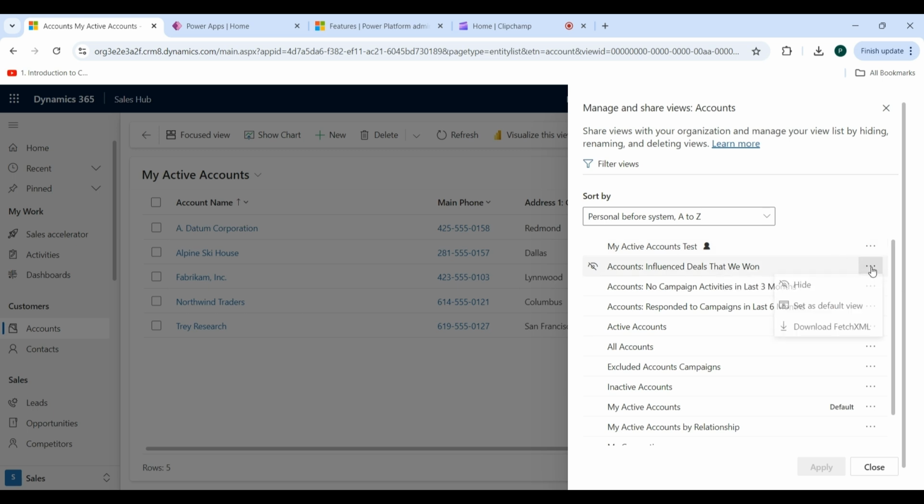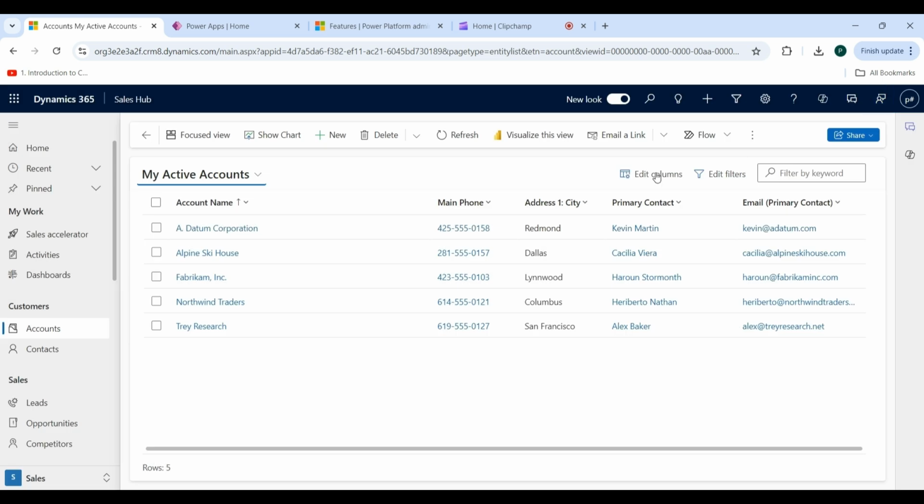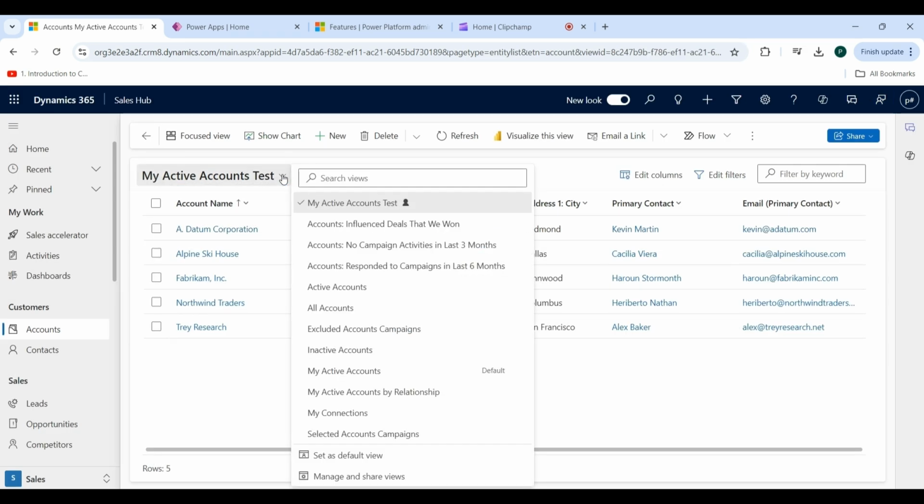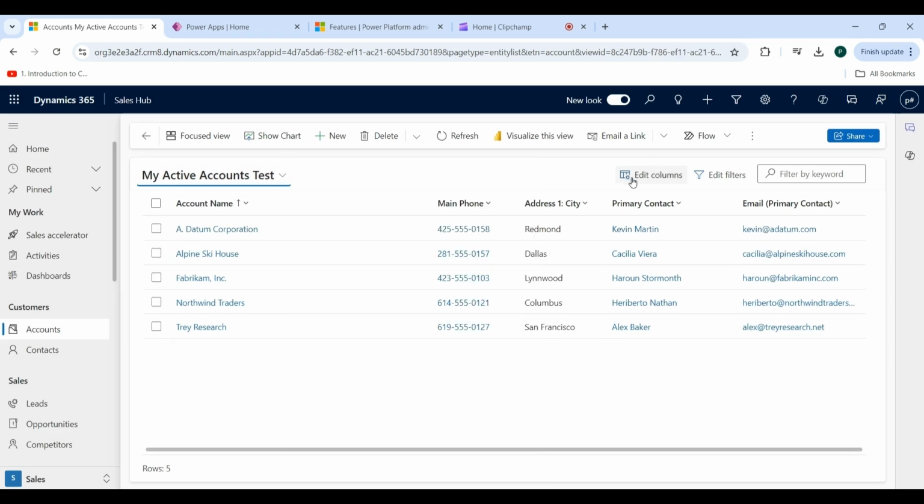If you have a system view, you have fewer options here. You can hide or unhide the view, set it as the default view, and download the fetch XML of this view. If you want to make changes to that view, like adding columns or changing the filter, first select that view and then edit columns or edit filter from here.